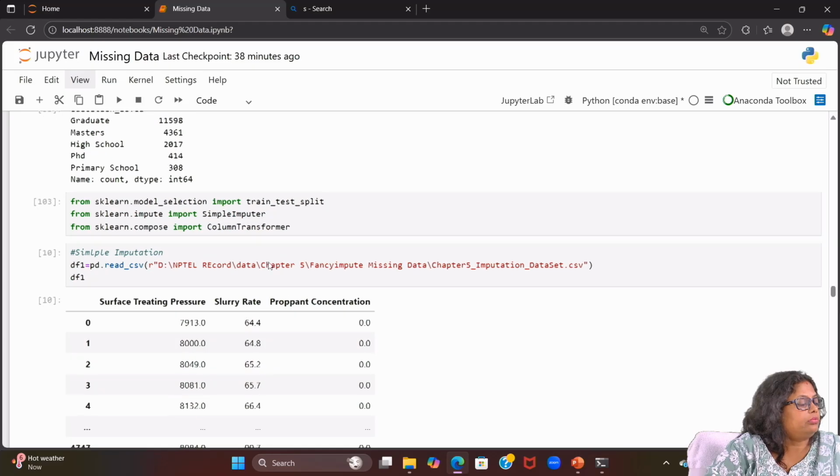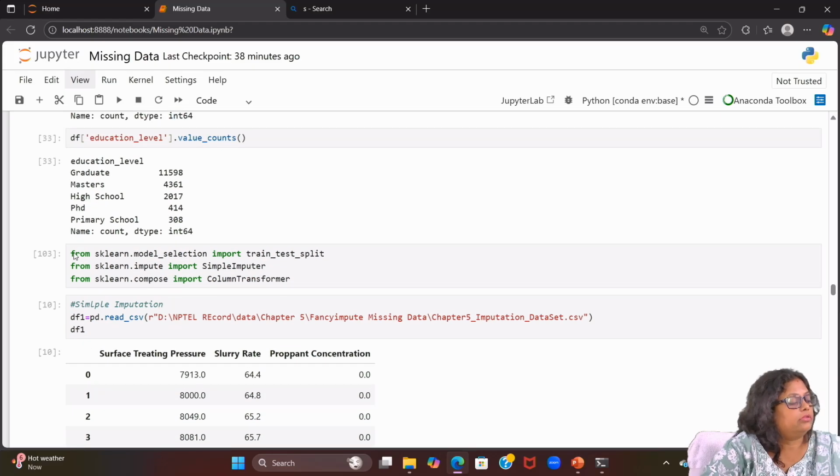Then some more imports we require to do. From sklearn.model_selection we are importing train_test_split. Then from sklearn.impute we are importing SimpleImputer. We are working on that. Then previously we discussed the column transformer, so here I am using the column transformer also, just to see this one.